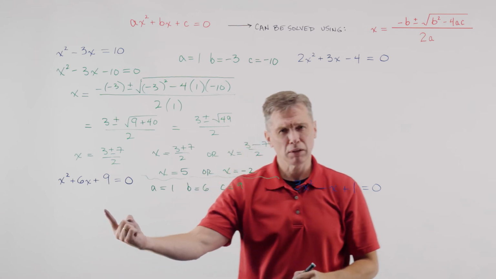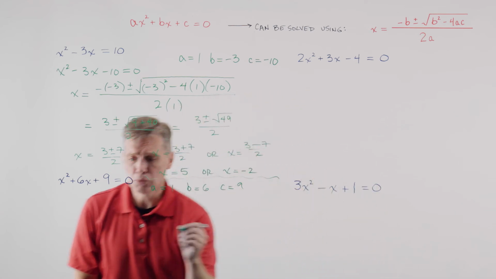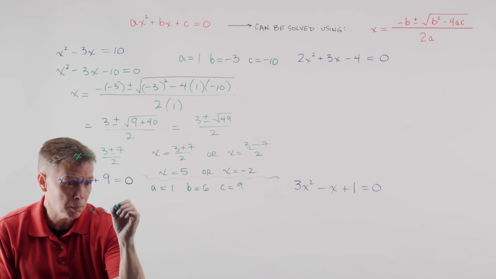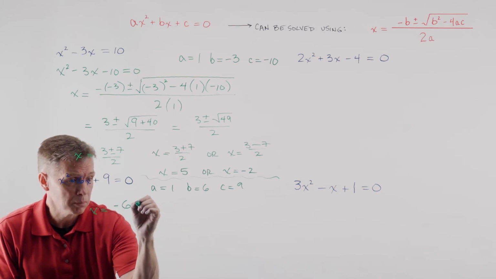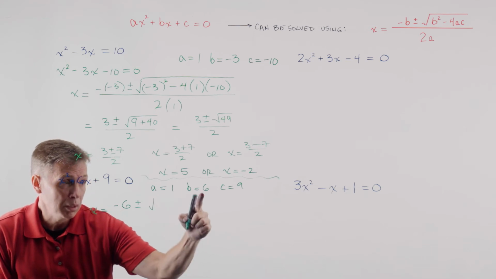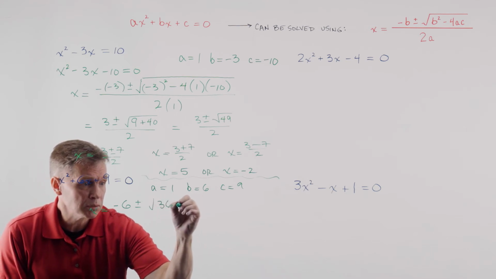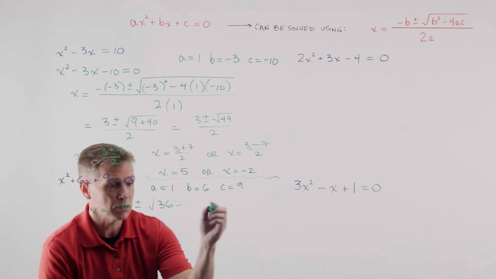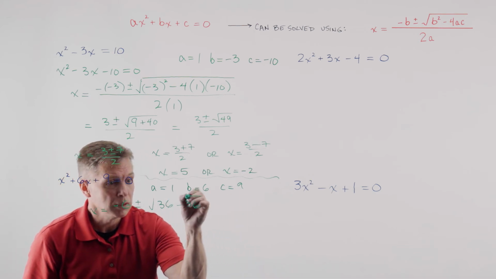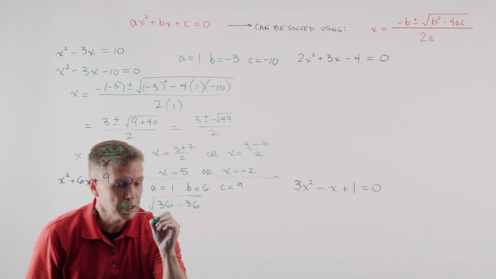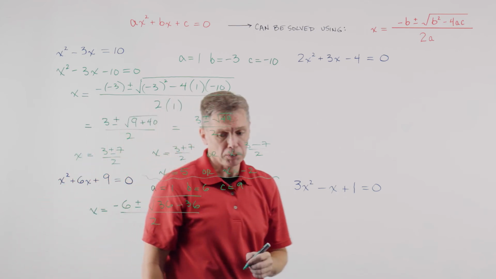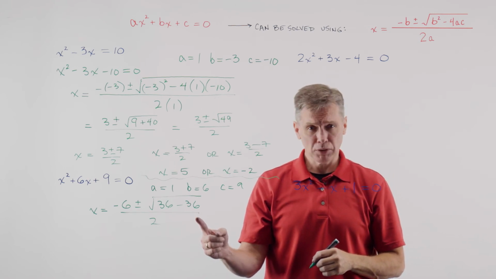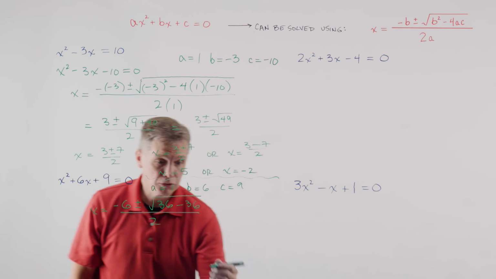Now looking at the second example of mine, right? Go to the formula. X equals opposite of B, so a minus 6 plus or minus square root. B squared is 36. Minus 4ac, so 4 times 1 times 9 is 36, divided by 2 times a, which is 2 times 1, which is 2. And notice the radicand in this case, 36 minus 36 is 0. That can happen. It's actually a nice thing.